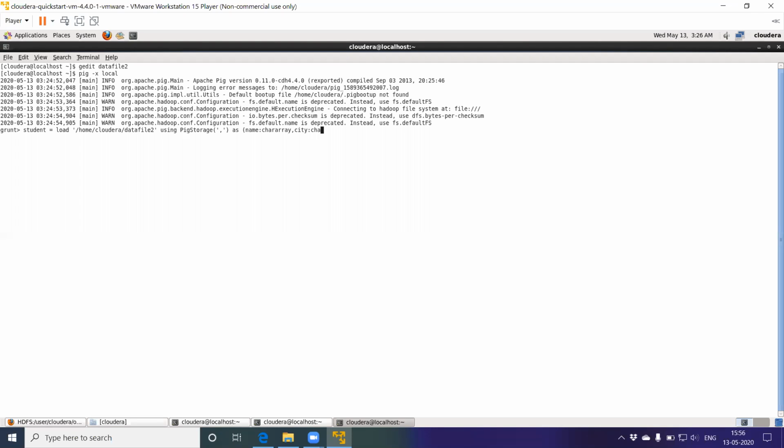I'm writing a schema matching the data set that I have. So the second column is city, and the third one is age, semicolon. Now press enter.